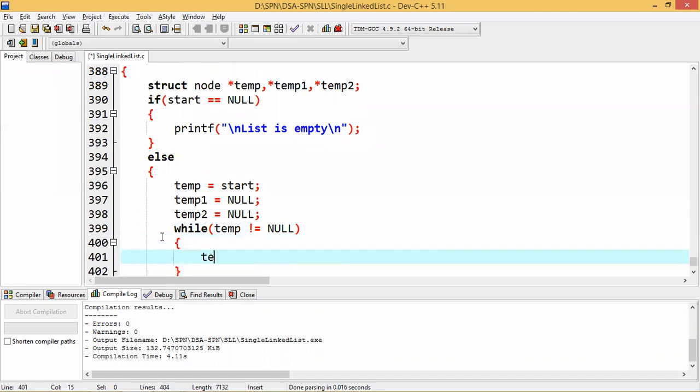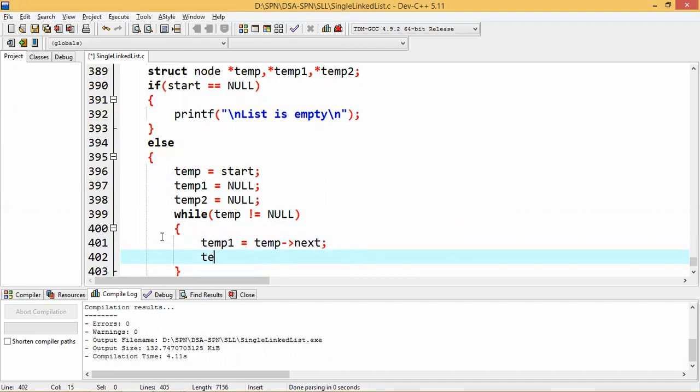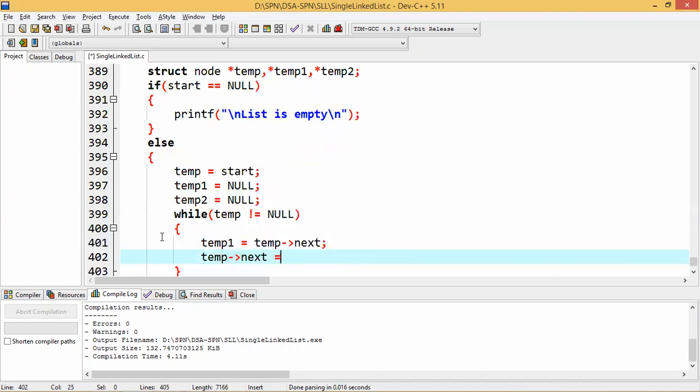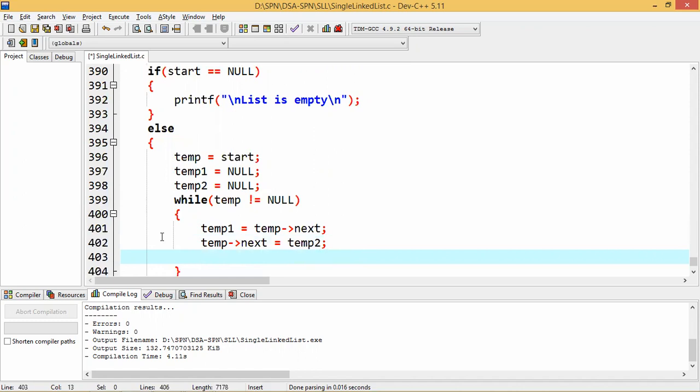Every time, temp1 will be temp next, temp next will be temp2. Temp1 I am just forwarding to the next node of temp, and temp2 is currently the previous of temp. Okay, so temp is in between temp1 and temp2.